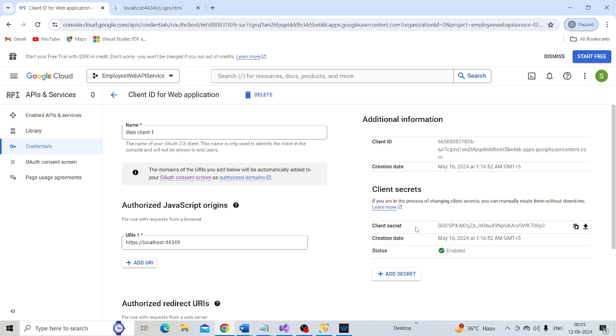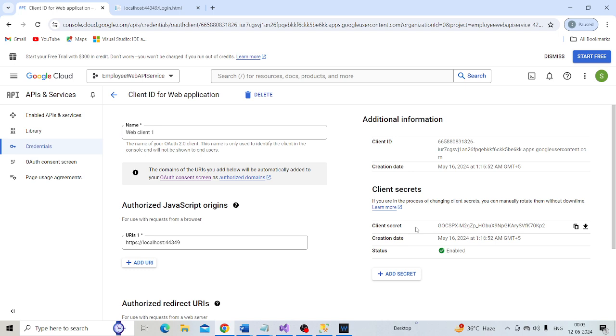We need the client ID and client secret to enable Google authentication for our ASP.NET Web API service.